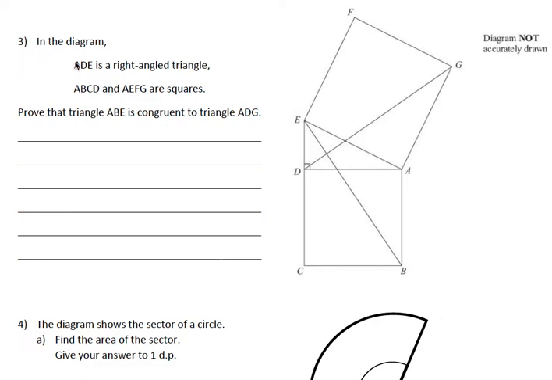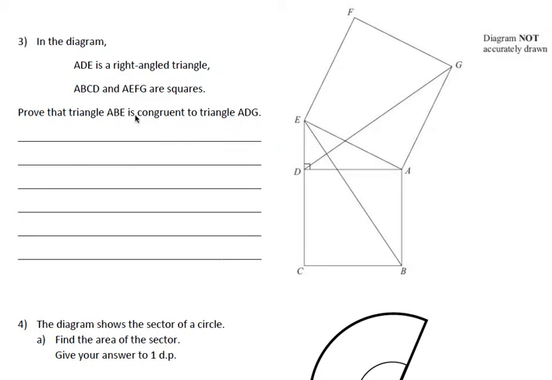Okay, number 3 is everyone's least favourite type of question. We've got to prove that two triangles are congruent. It gives us a bit of information first. It says that ADE is a right angle triangle. That's this one here. And ABCD and AEFG are squares. Now that's really important information, and we're going to use that to help us prove that these two triangles are